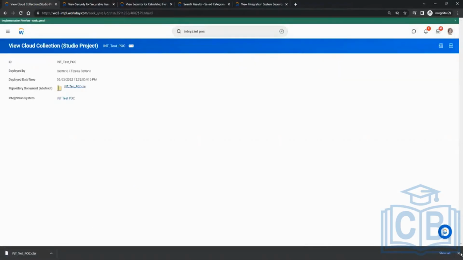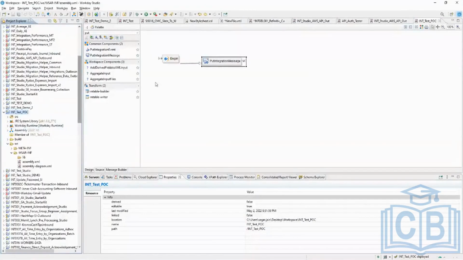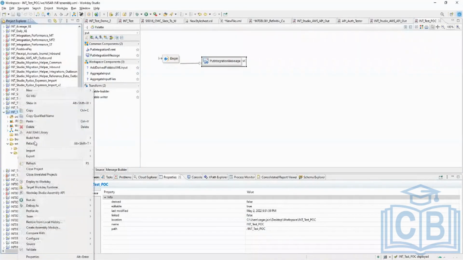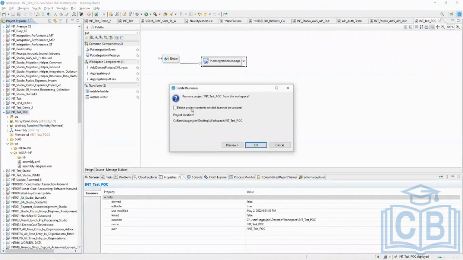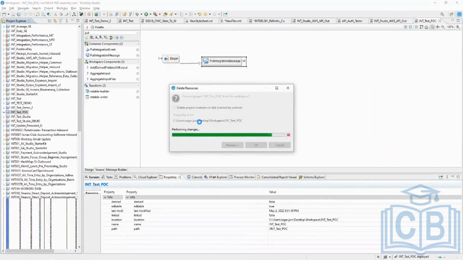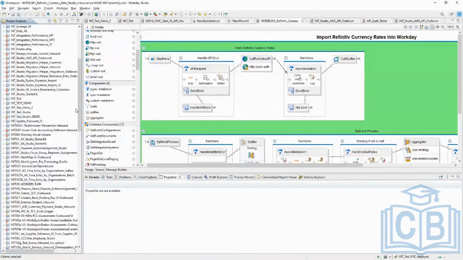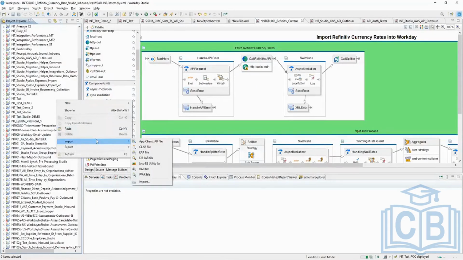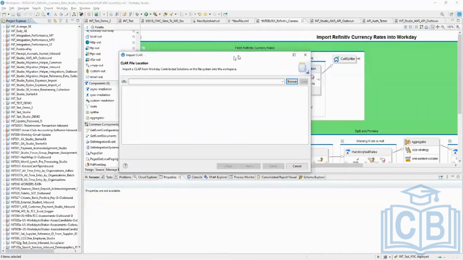You can even download the CLAR, and you can import it in your tenant. For example, I've created this. Now I want to delete it. From my Project Explorer, you right click and delete from workspace. Click on it, and it will delete it and move away from here. I want to import it again. You just do a right click, and then you just browse